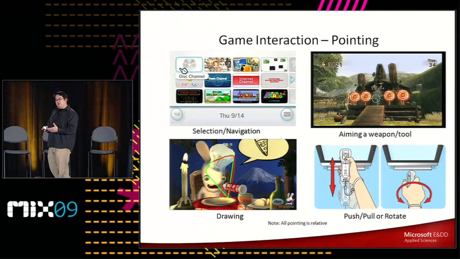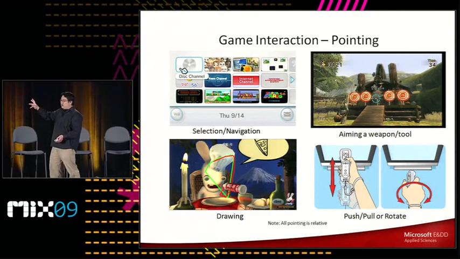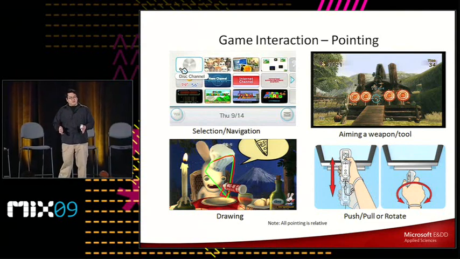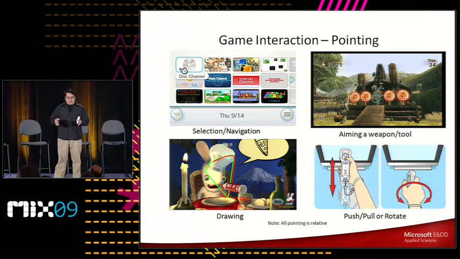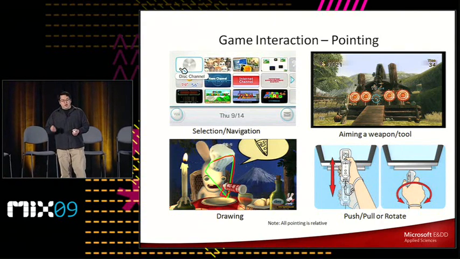So the first thing you can do with the controller is simply do pointing like you do in the video games. Now, these are 4 classes of pointing tasks. They all have different levels of resolution, speed performance, as well as feedback control. There's sort of gross selection and navigation, where you're just hitting big targets. There's aiming a weapon or tool, where you need tight visual feedback between the aiming cursor and the